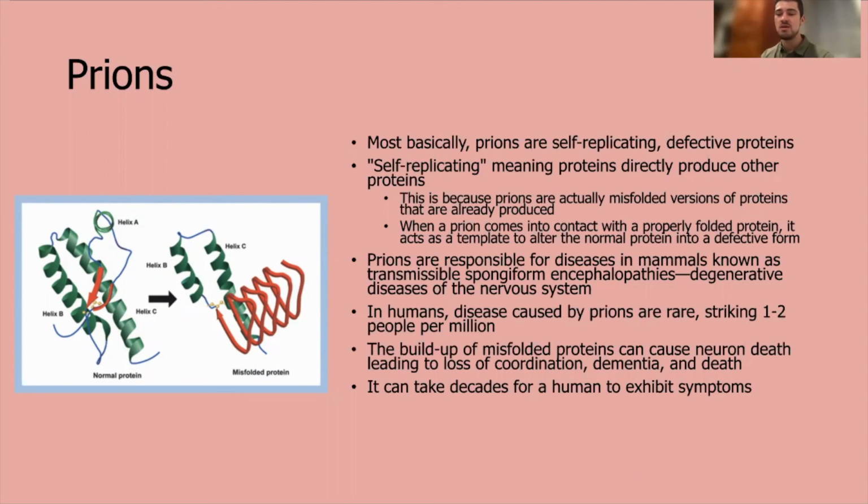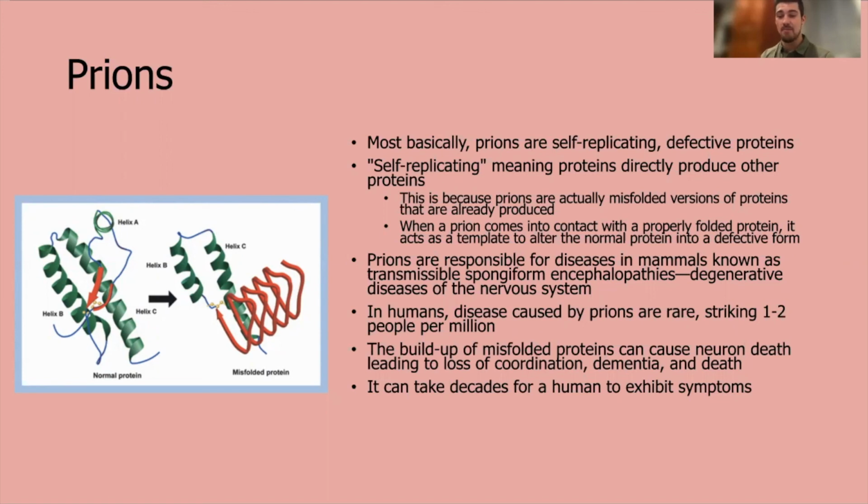So in humans, the disease caused by prions is very rare. It strikes about 1 to 2 people per million people. It's a lot more common in, say, bovines or cows. Mad cow disease is a disease that prions are responsible for, and it's the same exact thing. It is a degenerative disease of the cow's nervous system, and it's due to a buildup of these misfolded